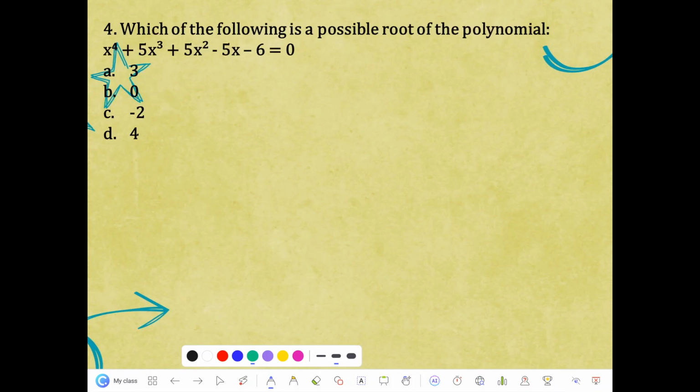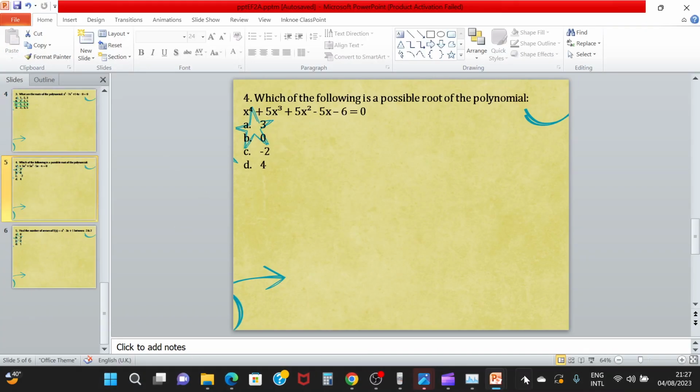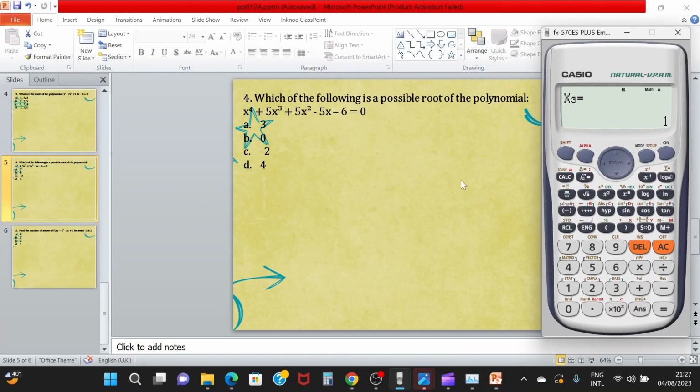Which of the following is a possible root of the polynomial? Dito, ibang approach naman ang gagamitin natin using our calculator. Dito, ang gagawin mo kapag binigyan ka nga ng ganitong question, ng possible root, ang gagawin mo dito is mode 1, computation, okay? And then, gagawin mo is i-encode mo ang equation, pero hindi mo isasama ang 0. So, itong nasa left side lang ang i-encode mo. You have here x, alpha x,